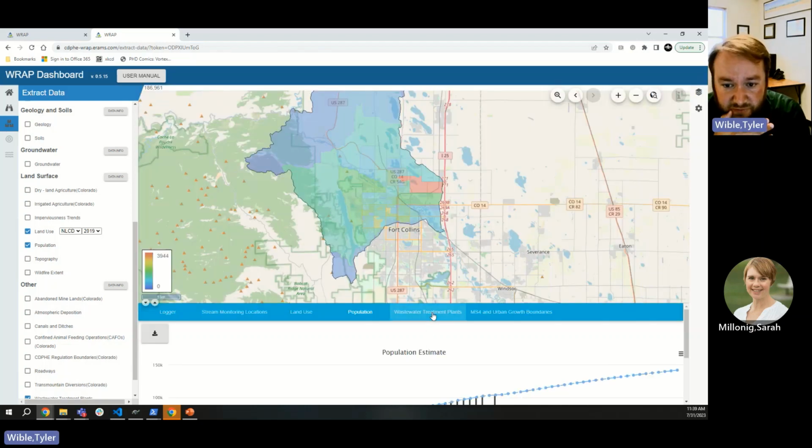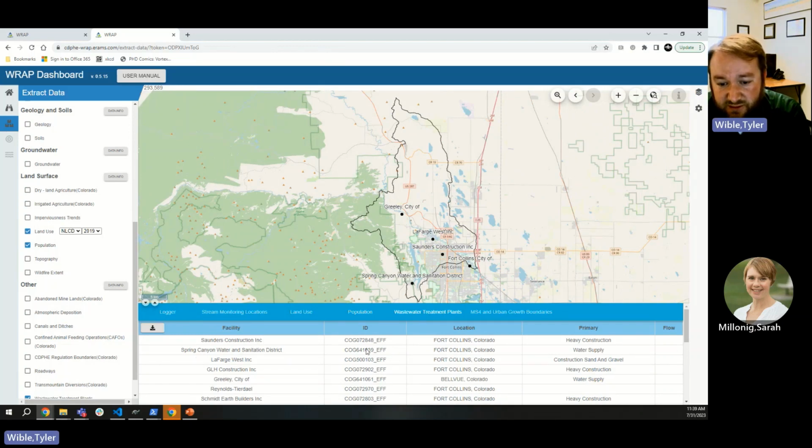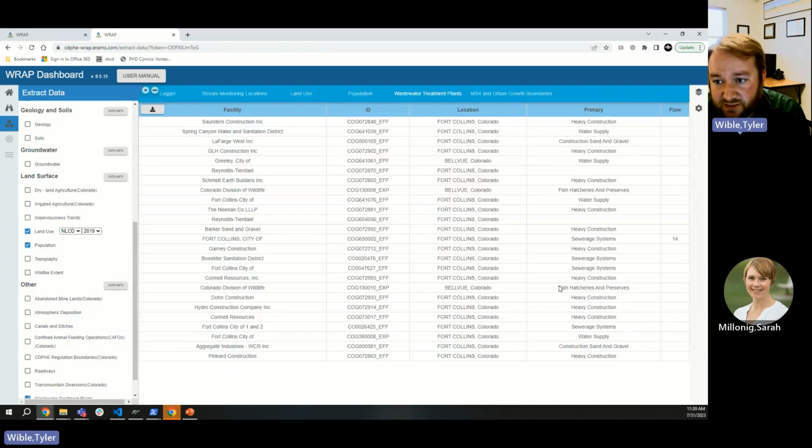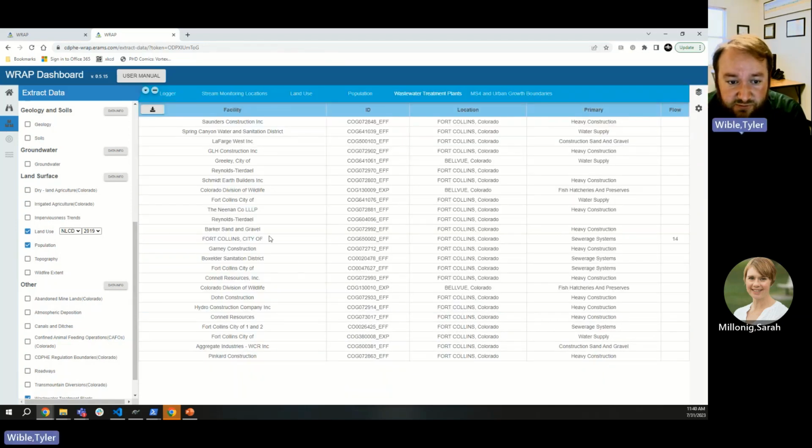If you look at wastewater treatment plants, this will give you a nice little summary of their locations and some of the metadata associated with them. So this includes the name of the facility, their permit IDs, where they're at, what type of facility it is. So notice that this has a number of different facilities. You've got construction sites, you've got water supply systems, you've got sewer systems, you've got sand and gravel operations, all of those. And if available, this one will actually pull out any observed flow rates